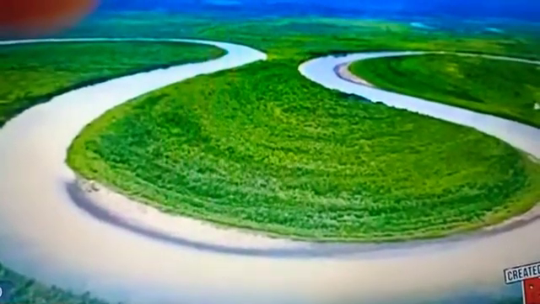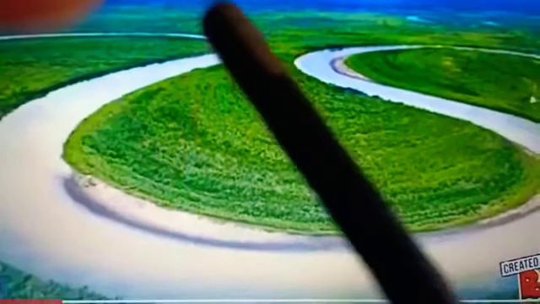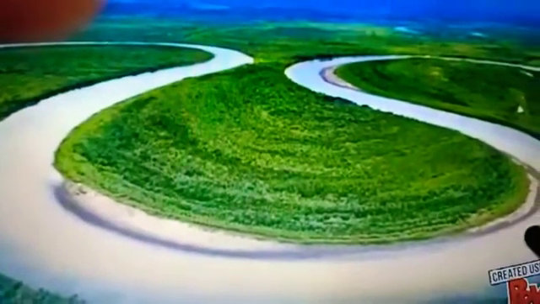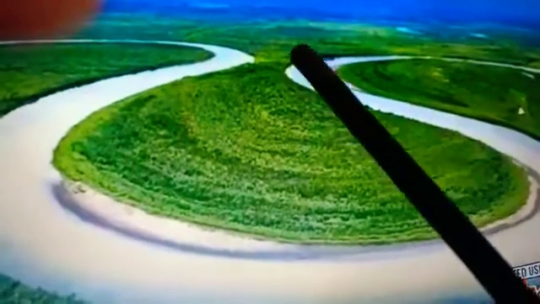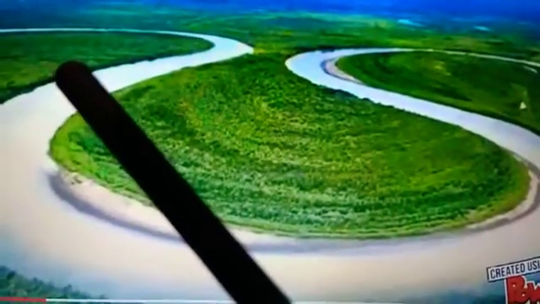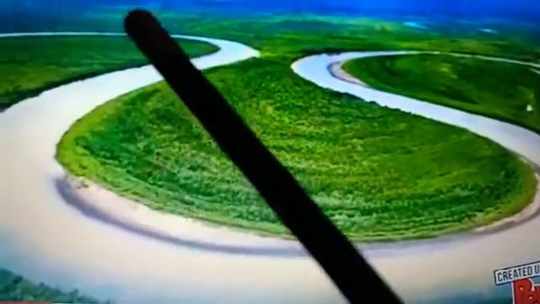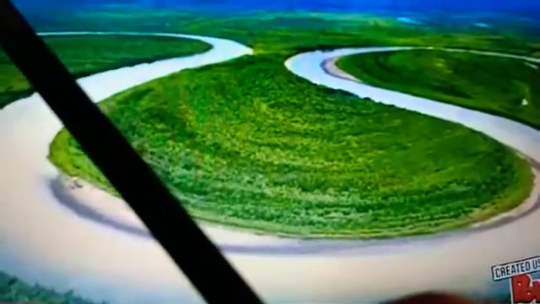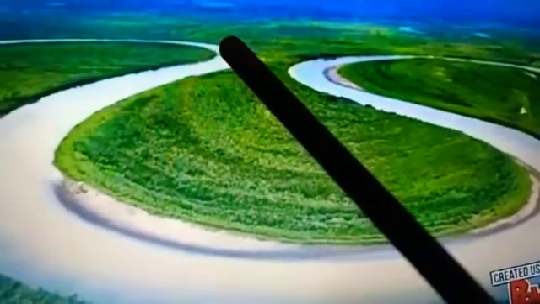A meandering river. This is a river that is meandering in the plains. We can see the river bend from one side to another, just like an S,